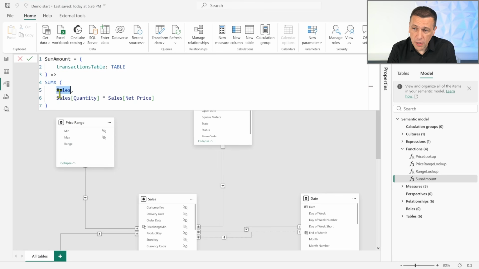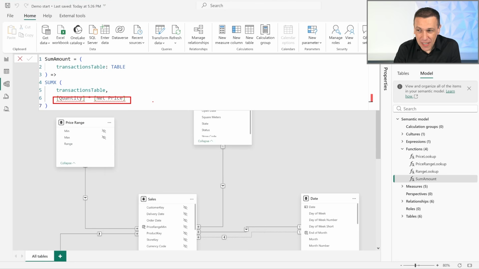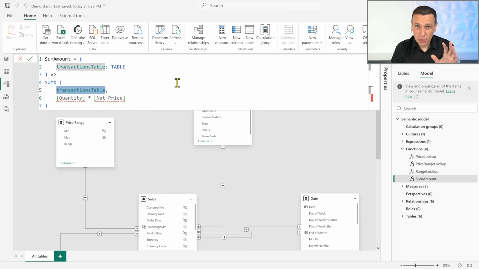Of course, I use the transaction table here, and at this point, I don't use any table name before the column reference. I know this is not a best practice, but if you think for a moment, this code, despite the red line here, is absolutely valid. This code is saying, for each row of the transaction table, I want to multiply the column quantity by the column net price. I know this syntax could be ambiguous, because if there was a measure called quantity or net price, it would be interpreted as a measure. I'm not fond of that. But if I keep the code this way,